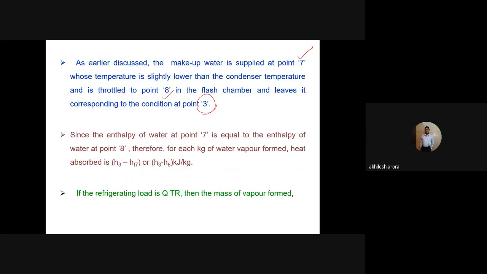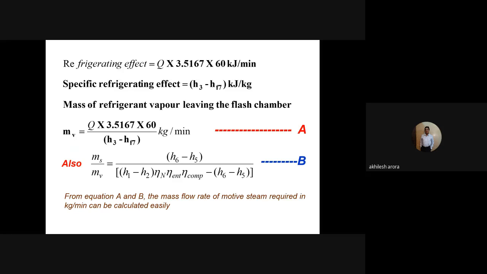तो इसका मतलब ये हुआ कि सिंस द एंथैल्पी ऑफ द वाटर एट 7 इज इक्वल टू द एंथैल्पी ऑफ द वाटर एट 8, therefore for each kg of the water vapor formed, heat absorbed is H3 minus HF7 और H3 minus H8। ये कूलिंग इफेक्ट है मेरा पर केजी ऑफ वेपर जनरेशन के लिए। तो ये कह रहा है कि अगर लोड QTR है, देन द मास ऑफ द वेपर फॉर्म्ड, अगर Q लोड है तो वेपर कितना होगा, ये तो